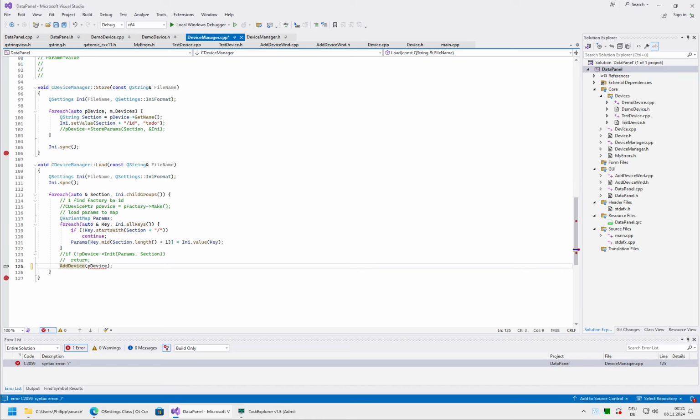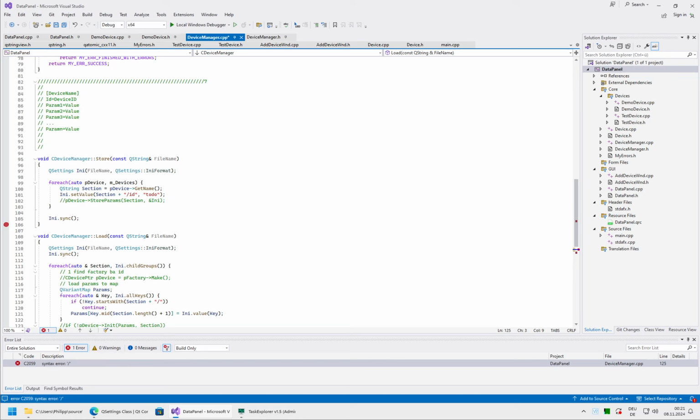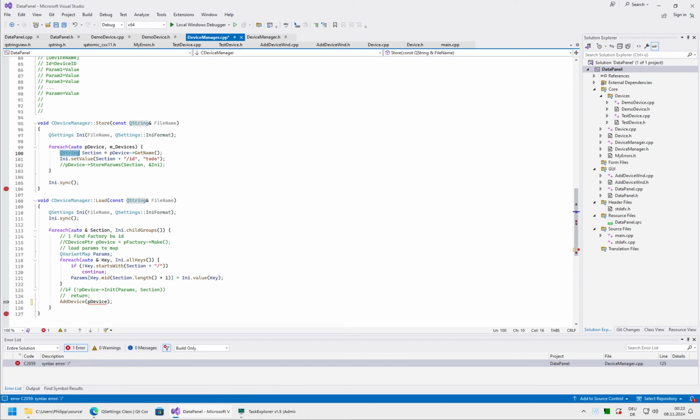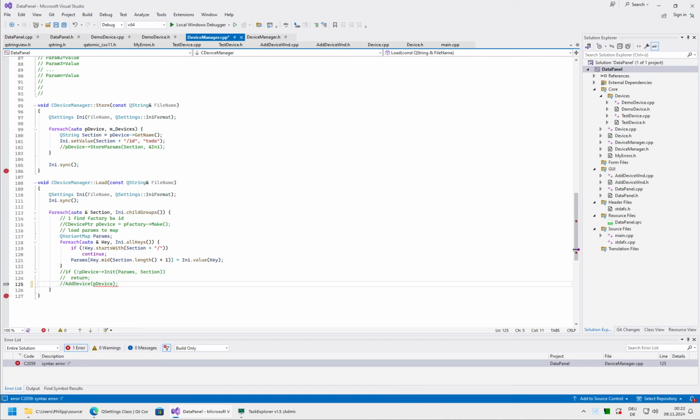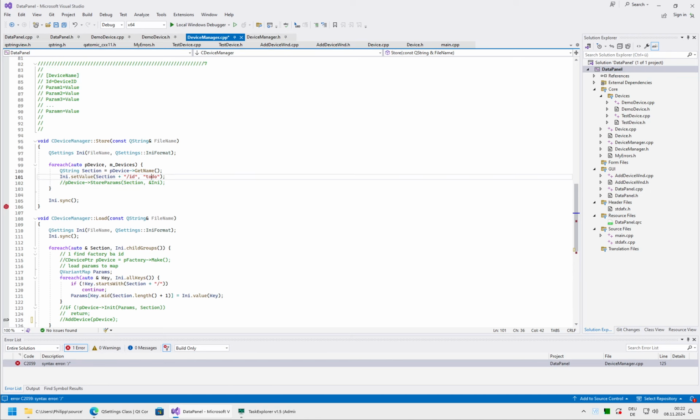So we started it very roughly using the QSettings class, which allows us to save and load ini files. But we will need to also save the properties that we have not yet saved. Right, and device seems not to be completed yet. And we need the ID, so let's see. Yeah. So we will just start with this parameter, and for the ID we need to add this to our device